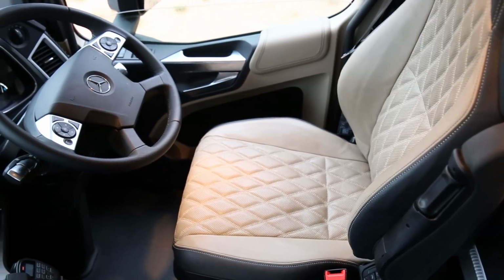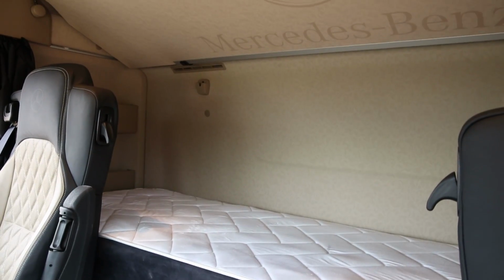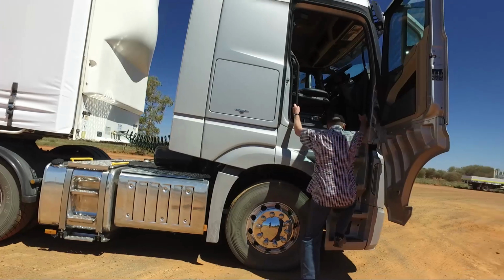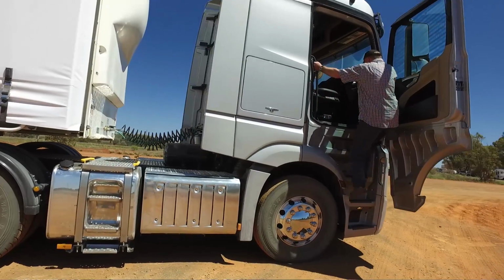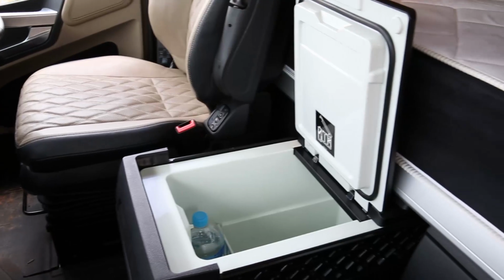There are a couple of things that stand out. This is the premium cab in the range, certainly the biggest. It's very high, so it's a good climb up. But once you're up inside it, you get a really good flat floor, and it's the cab that impresses me